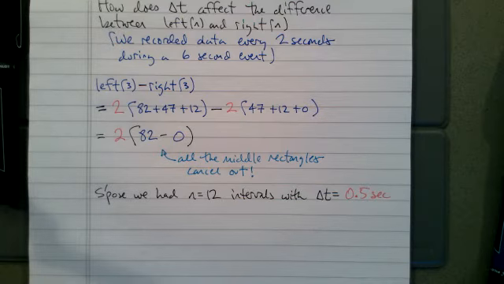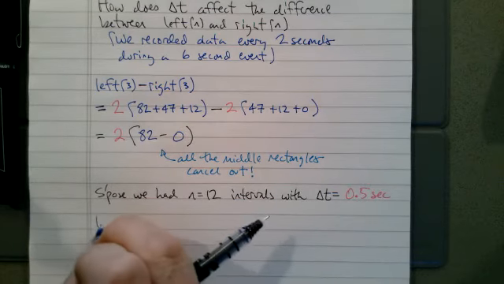So if n is equal to 12 intervals and delta t is 0.5 seconds, when we make the calculation left 12 minus right 12,